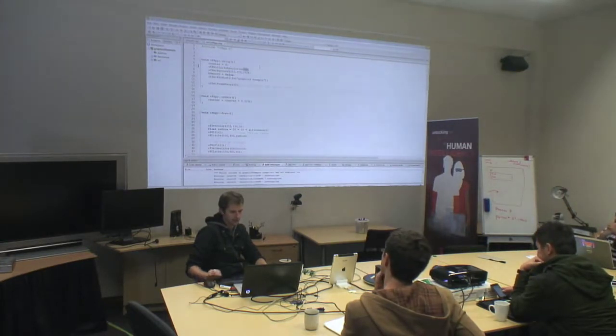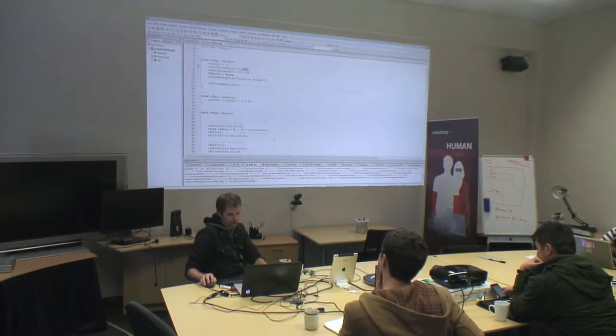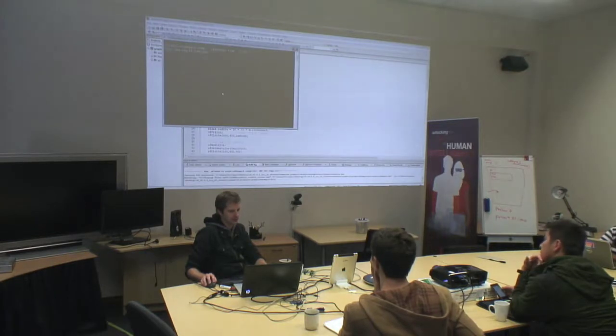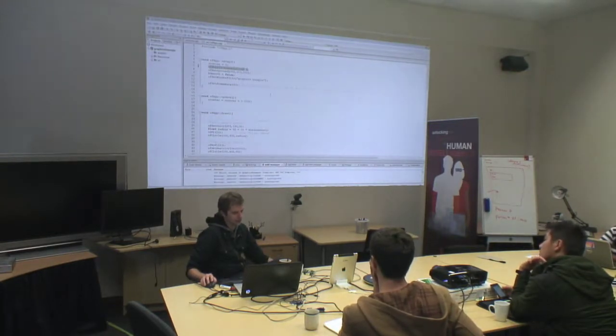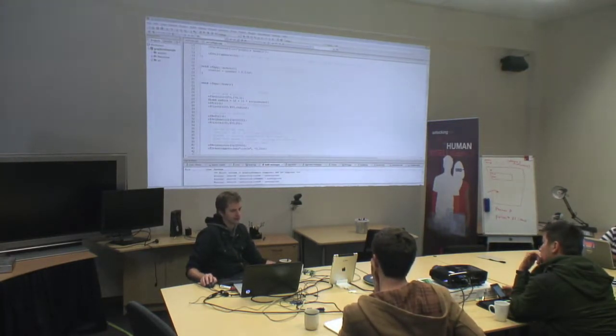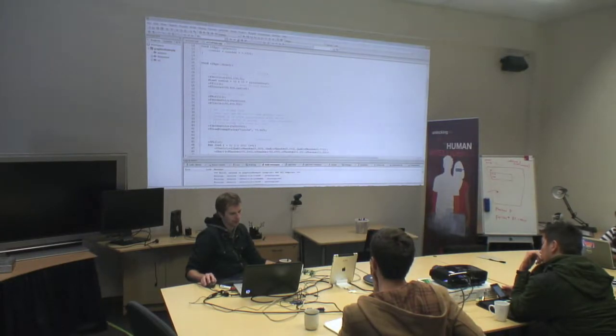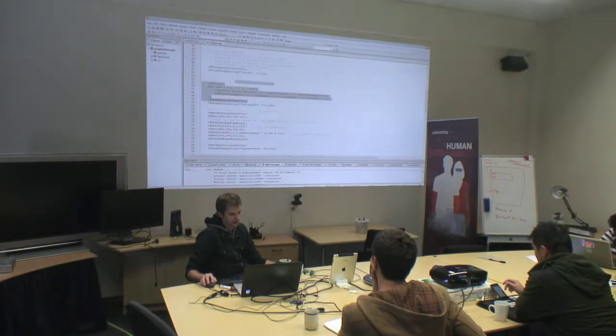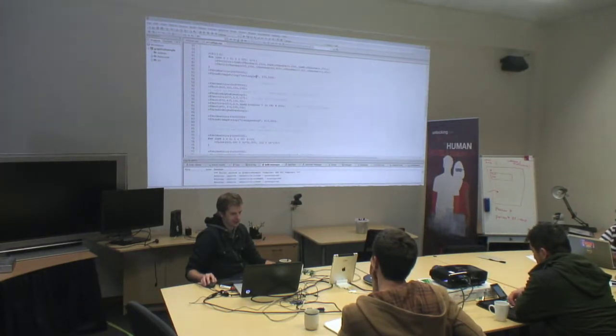Maybe I'll make that 8, because 1 doesn't really give us much to work with. If I set that to 8 instead, you now see it's hexagonal, and obviously the more we add, the smoother it gets. There's one function which allows us to set the resolution of them all in one go, and then you've got stuff here: how to draw the circle, the outline, drawing random rectangles, enable alpha